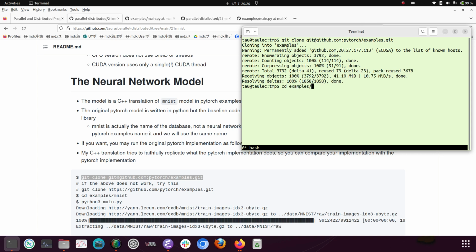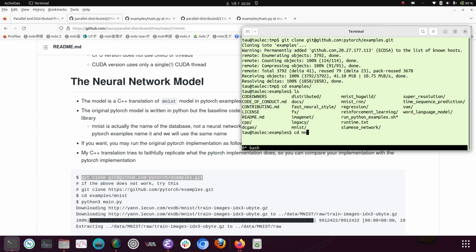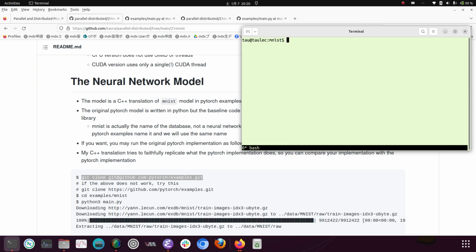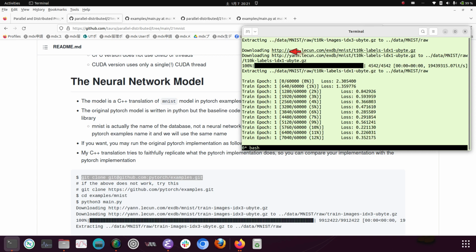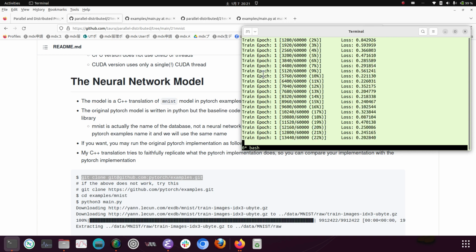In the examples, you have the mnist subdirectory, and main.py is the implementation. You can simply run it like this, and it does everything from downloading the data to training. Training is going to take some time, so leave it alone